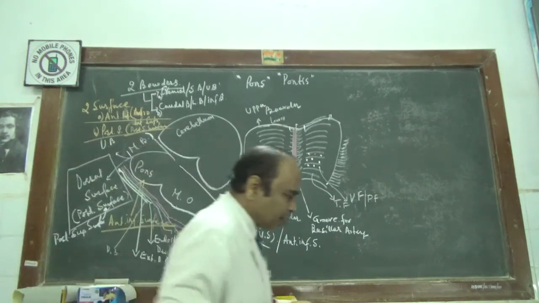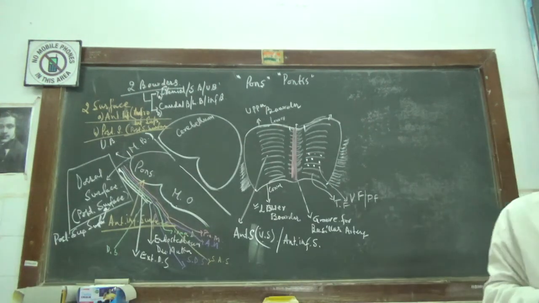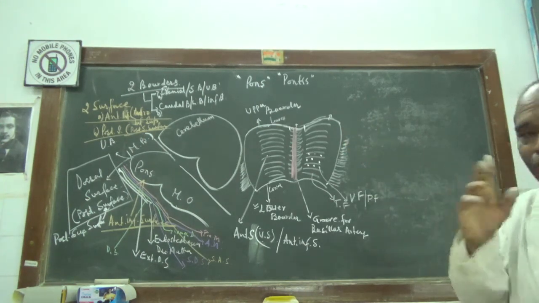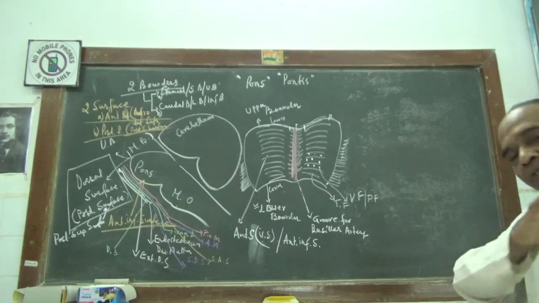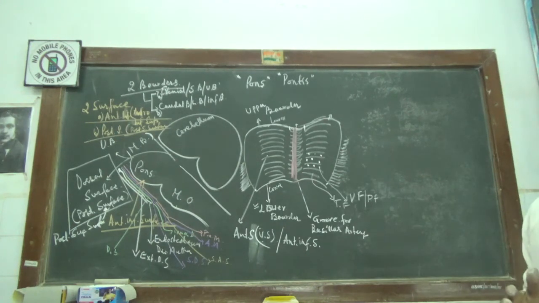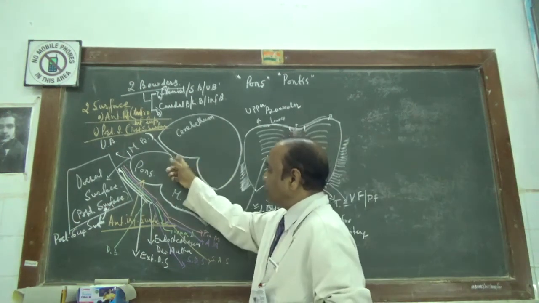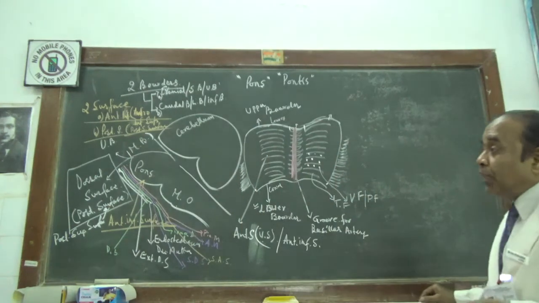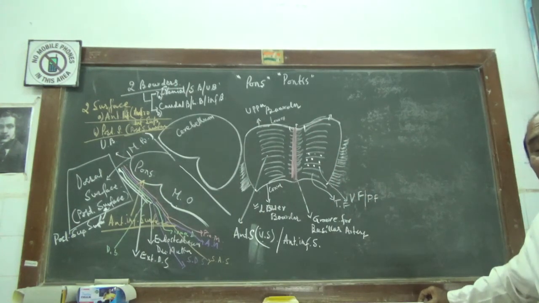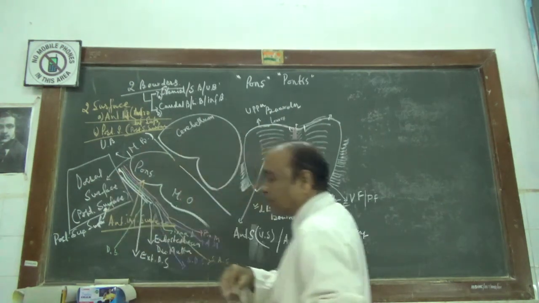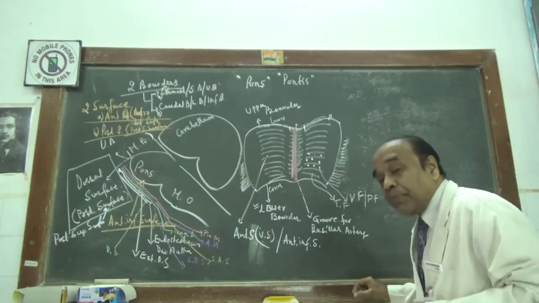Now this posterior superior surface looks upwards and backwards, and it is related to the anterior surface of the cerebellum, and this part, the posterior superior surface of the pons, will form